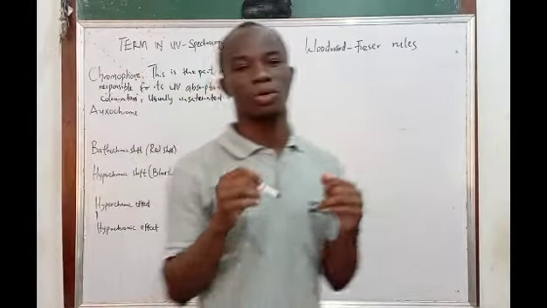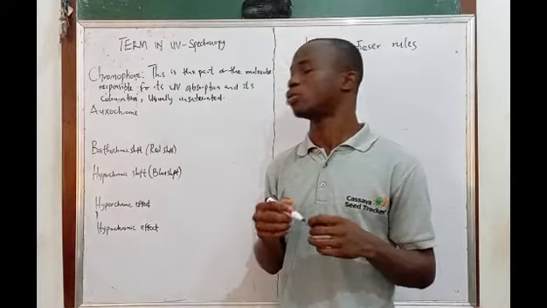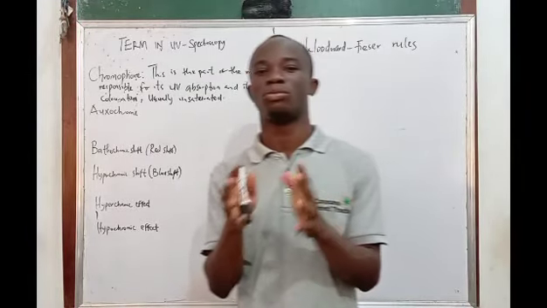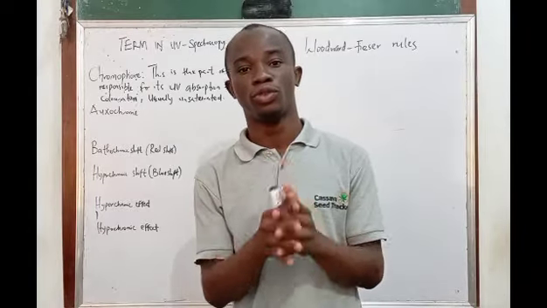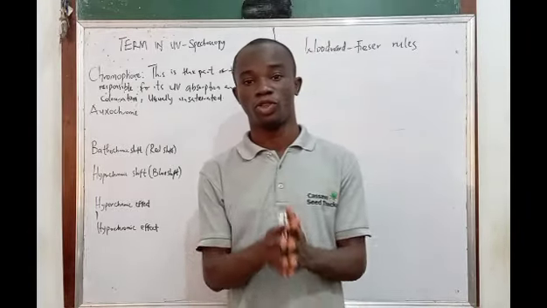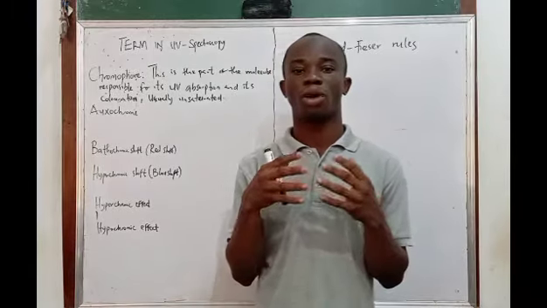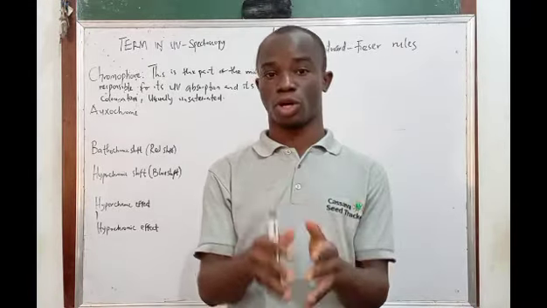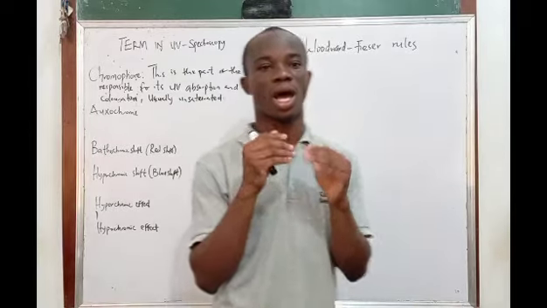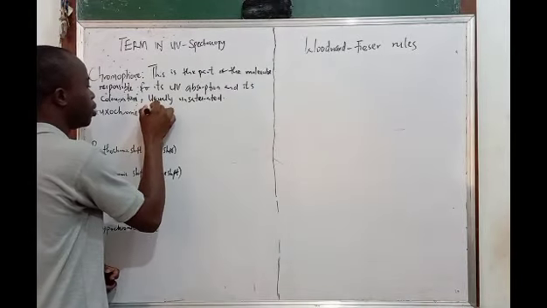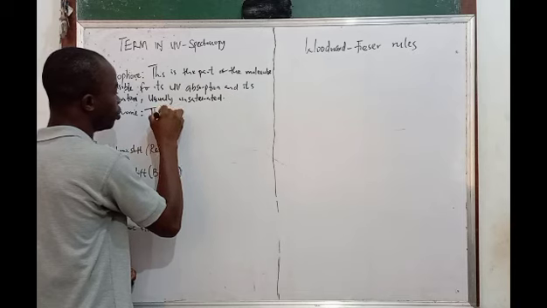Now, the next term we are going to be looking at is the oxochrome. Oxochromes are also part of the molecule which enhance absorption of light in the UV region. They are not entities that really absorb the UV light, but they always enhance UV absorption. So, like I said, this is the part of the molecule